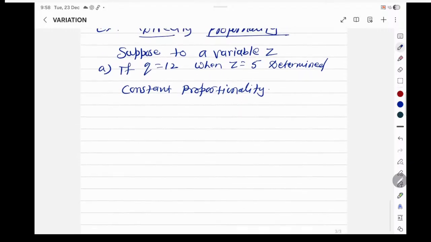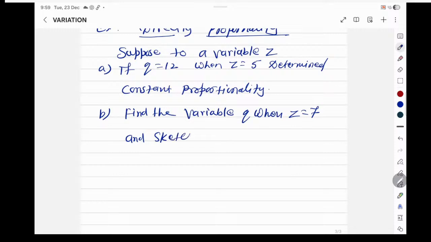And second, it says: find the variable q when g is equal to 7,